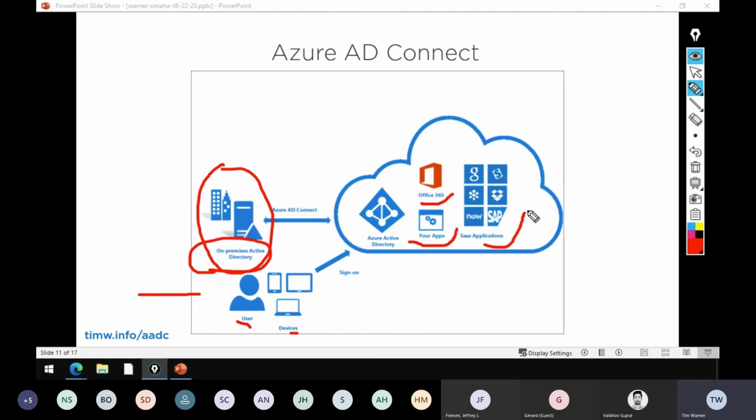Maybe we've got integrations with software as a service apps like Google, heaven forbid. Dropbox, even more heaven forbid. But the bottom line is that all of these cloud apps are relying on Azure AD as their sole source of identity. How can we do this? It's deceptively easy, at least at first inspection.